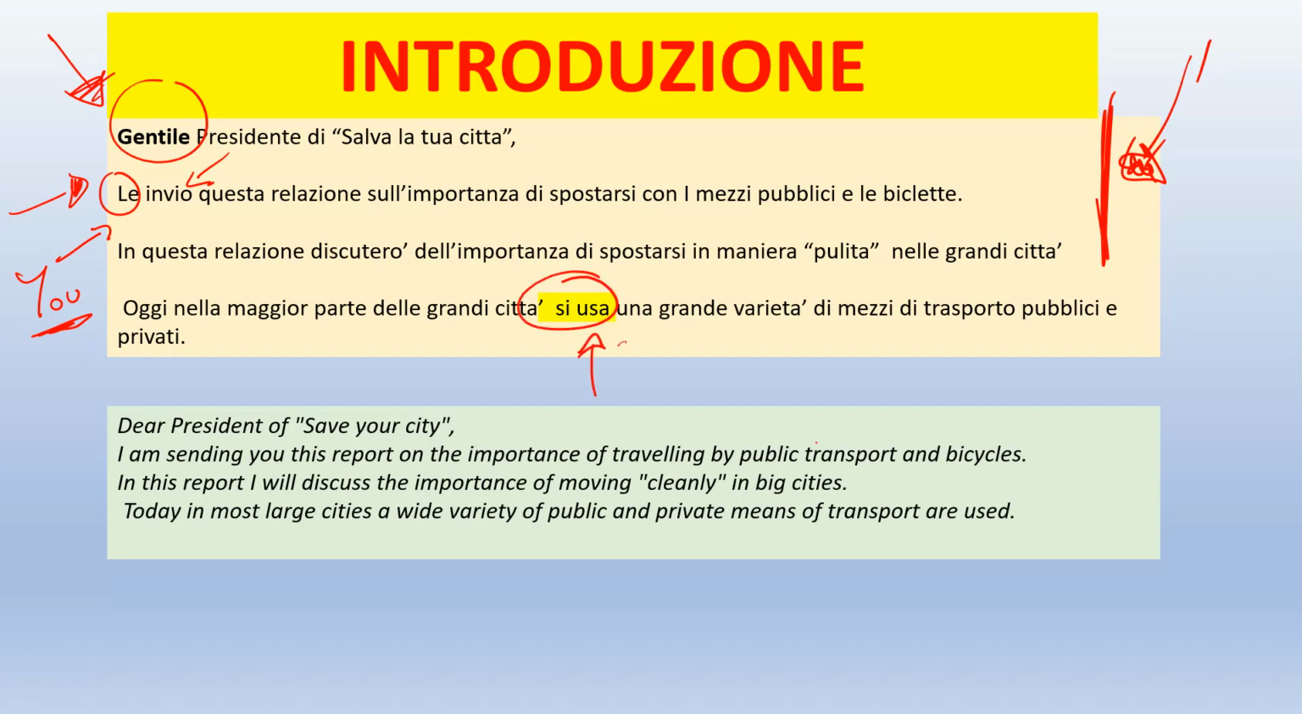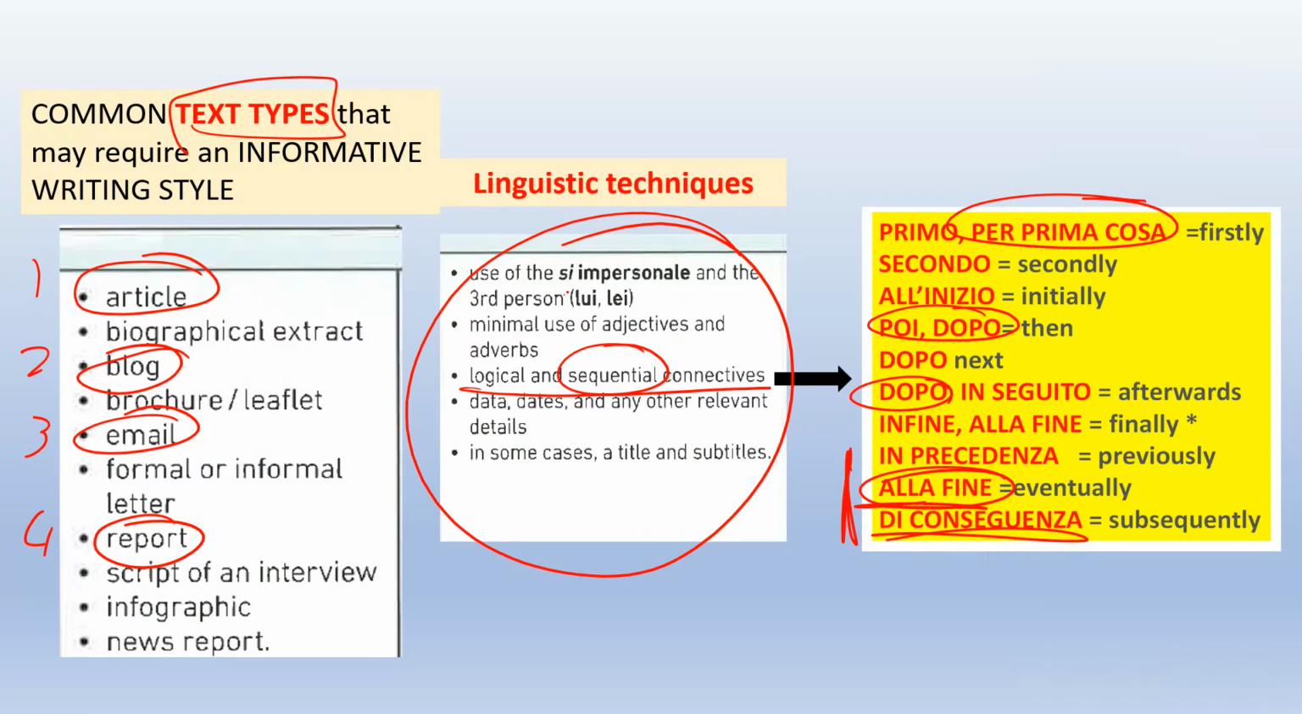Already here you see some impersonal form. Oggi nella maggior parte delle grandi città si usa, so people use a variety of transport, public and private transport. The fact that you use this si impersonale shows that you are almost stepping back and making some generalization, some assumption that everyone can agree to. This one really helps you to be objective, but you got to use the third person when you use si